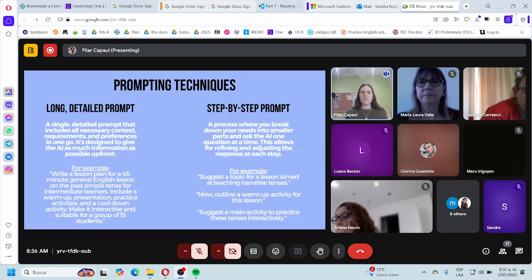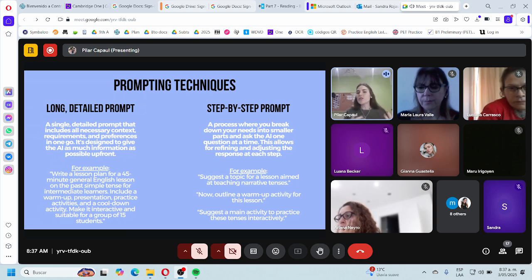Now we're going to see what happens when we're not getting the results we want. But ChatGPT knows everything it needs to know. Now, another thing that we can do is go with step-by-step prompts. So basically, instead of asking ChatGPT to do something for us, we're going to do it together. So we're going to break down the process, and every time ChatGPT provides me with something, I'll see if I really like it or not, if I find it useful or not,